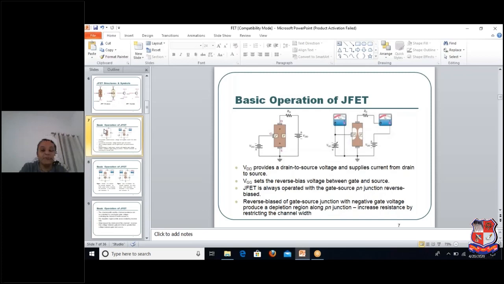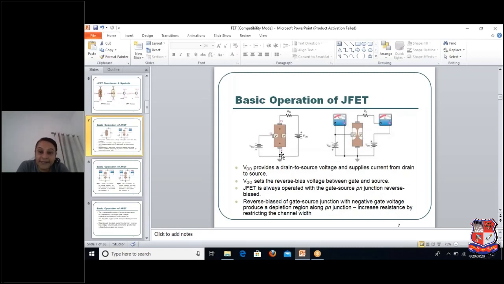Okay. Next, before we understand the operation of JFET, let us see what actually happens in practice. According to the structure, I will show you with an arrow. The top one is the gate terminal, and the lower terminal is known as the source. It will be identified using capital D. Capital D is the drain, capital S is your source, and capital G is known as the gate.